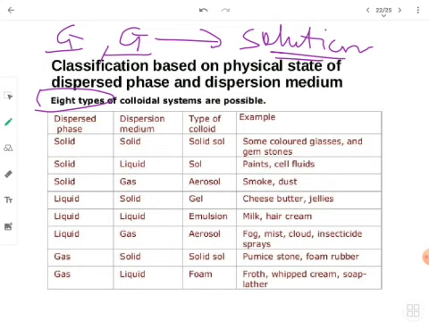Now here are some of the examples that are given. I'll discuss a few, and one thing to note over here is that here they have a specific name for these colloids. For example, if you talk about the liquid as the dispersed phase, that means as your solute, and solid as your solvent, then that type of colloid is called a gel. For example, the butter that is there, the jellies that are there, they are in fact example of the gel, which is a gel type colloid. That means the dispersed phase is liquid and the dispersion medium is solid.